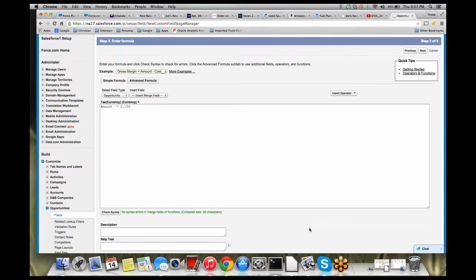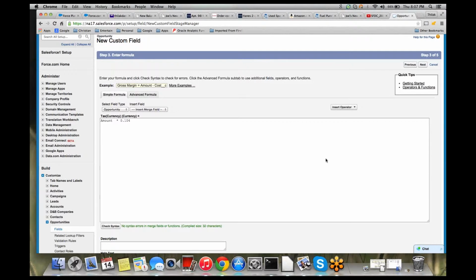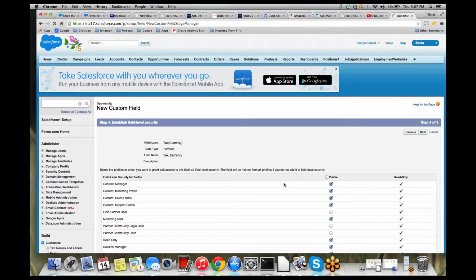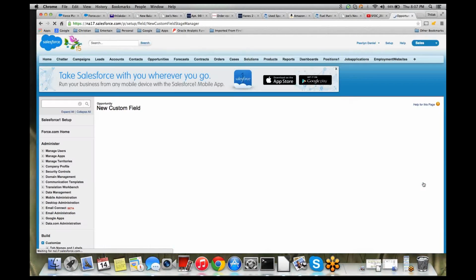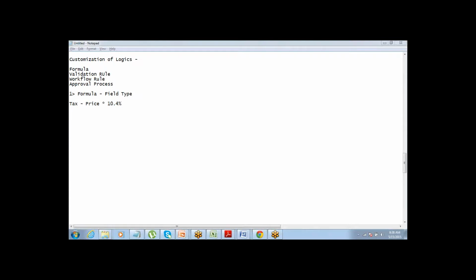So now, the same way, you can add some more formulas. I'll just give you a few more examples, and then you guys can work on it on your own. Let me make myself presenter. Okay, so this was a simple example, right? Straightforward. Tax equals price into, or whatever amount into 10%.